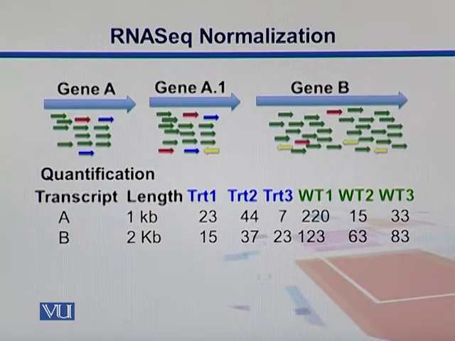So here we see two genes. Gene A has two alternative splice variants, so it's represented as gene A and A.1. Then there is a gene B. If you look at the lengths of these two genes, we see that B is quite longer as compared to the two alternative splice variants of A. So there is a length-wise bias. Obviously the longer gene will get more reads aligned to it, so we need to take into account this factor. For example, A has a length of 1 kb and B has a length of 2 kb, so comparing A and B using these raw counts is not a fair deal.